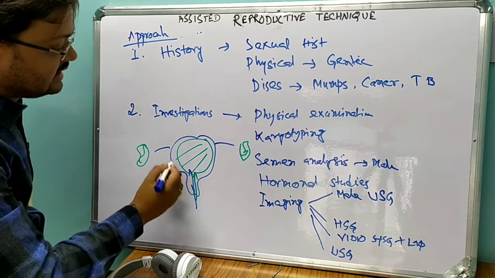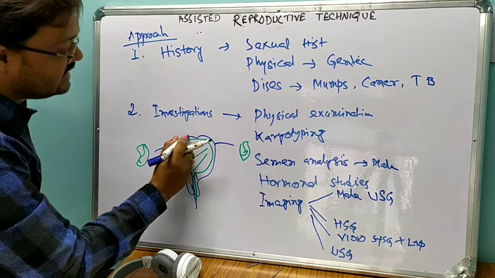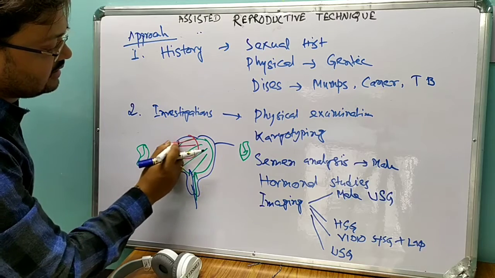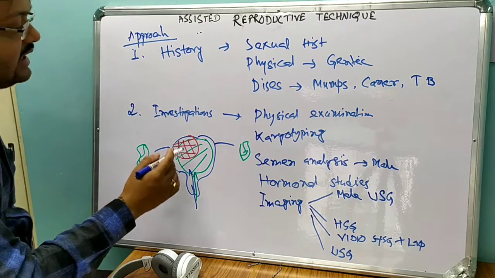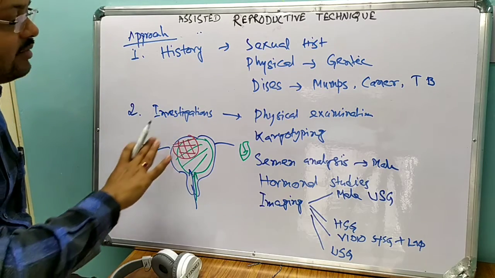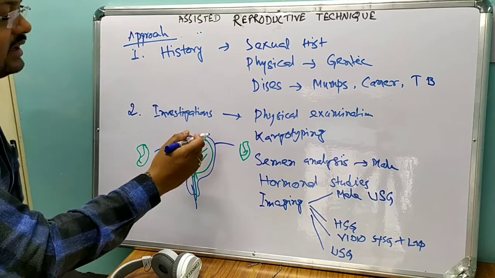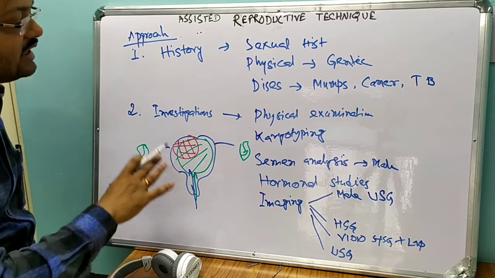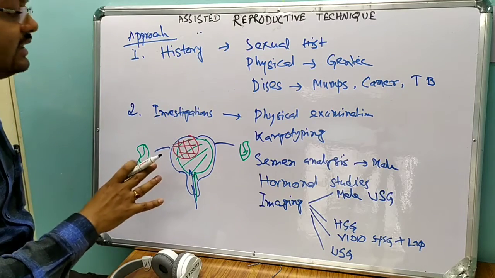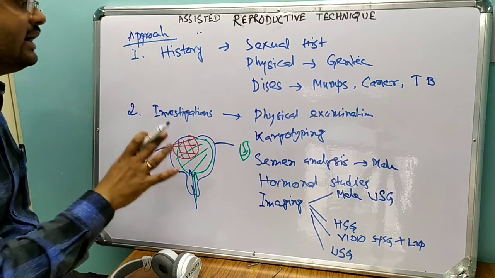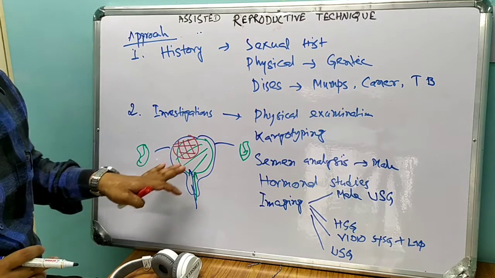Say for instance, you have a big, huge size tumor here. If a big, huge size tumor is present, it will prevent the implantation. Everything might be normal, sperm might be normal, ovum might be normal, isthmus, ampulla might be normal, so there might be fertilization, but the uterus cannot retain the product. So by doing USG, you will have an idea whether any kind of anatomical defect is there or not.